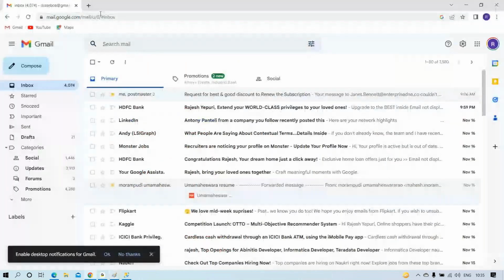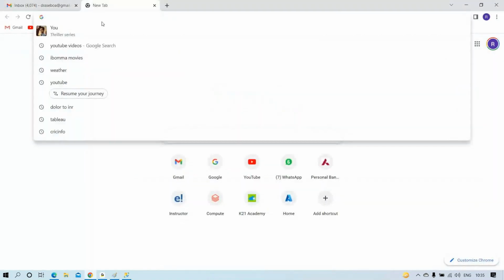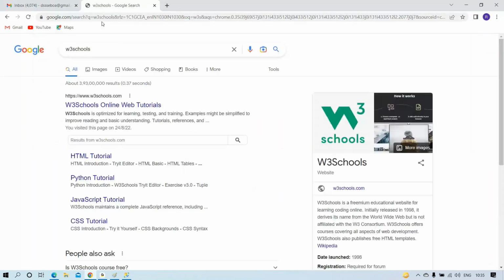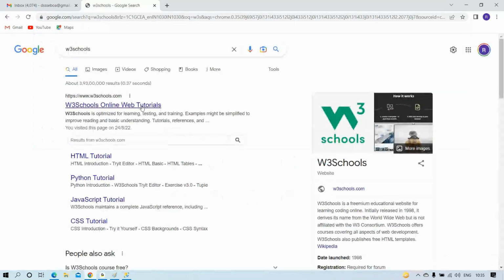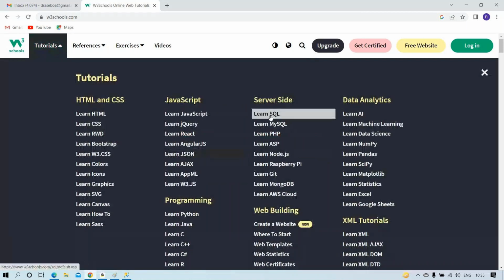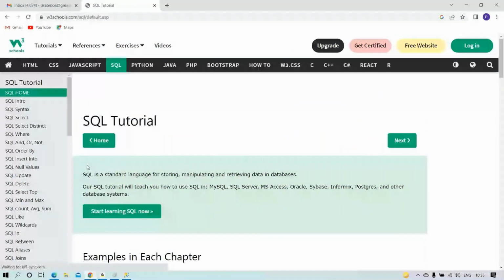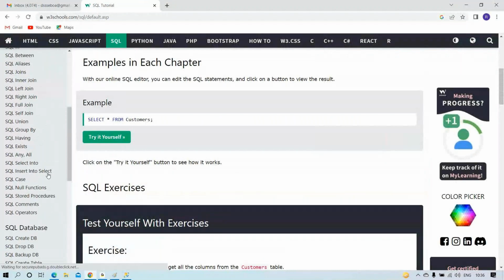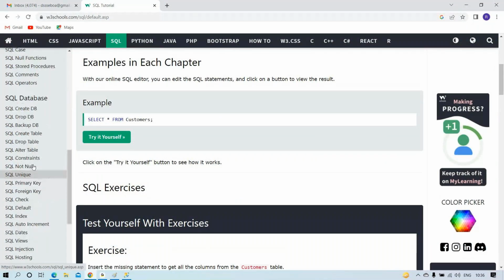Where those references will be present means, if you go to W3Schools, which is one of the most well-known websites for practicing SQL, you will have it handy here. You can do exercises as well. If you go to the SQL section, in some cases you will find the Oracle SQL statement. If you find any differences, you can check. See here, the database creation. If you come down to the SQL DB,